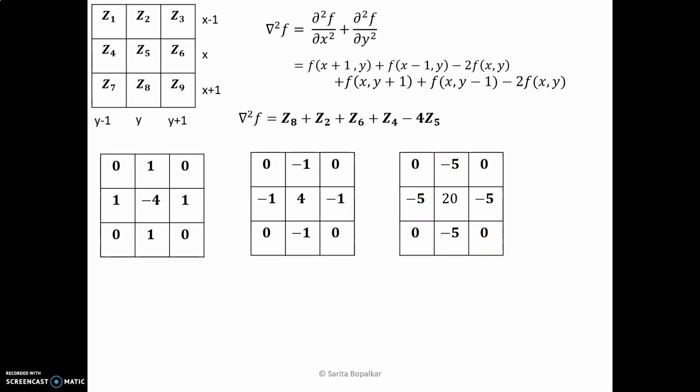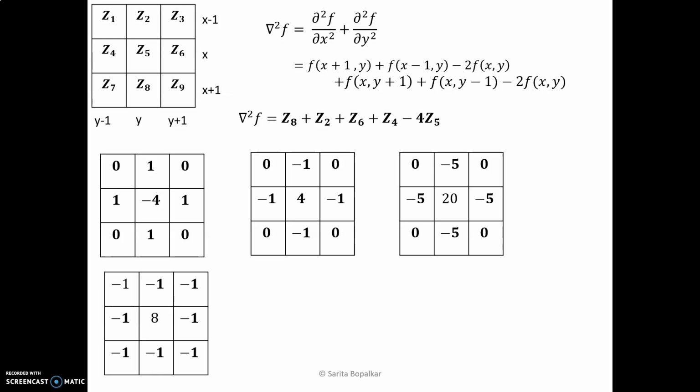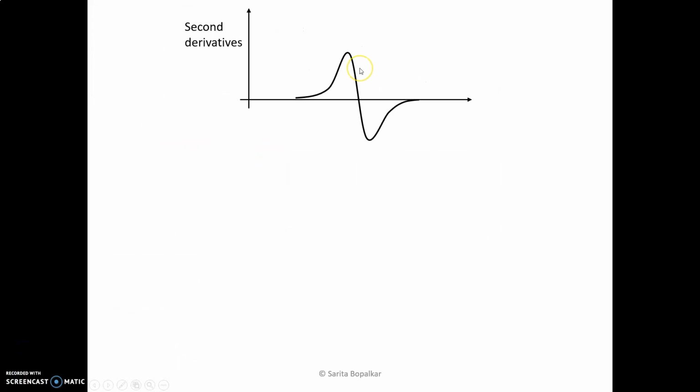That means it should be the high pass filtering mask. Then only it will detect the edges, which are the high frequency components. This is also one of the masks, the Laplacian operator, we can use to detect the edges. This is our second derivative at a pixel in an image, and the second derivative crosses zero when it is an edge pixel. That means the Laplacian operator detects the edge when the output of the operator makes the transition through zero. If it makes the transition through zero, that means it is an edge pixel.